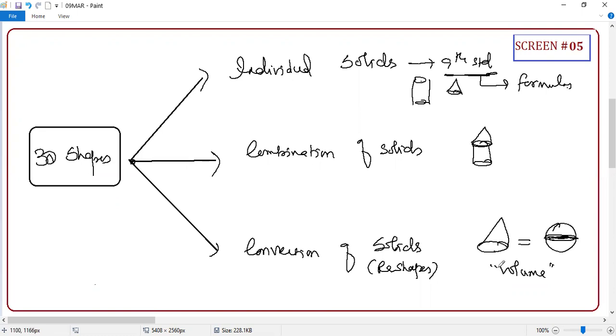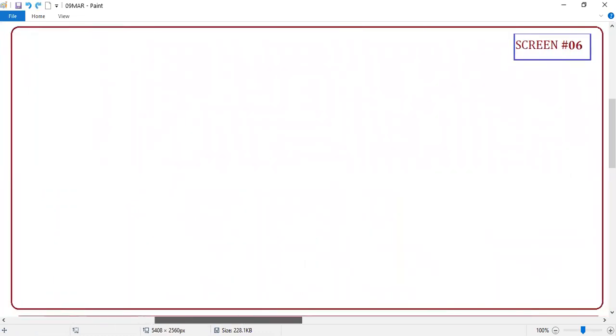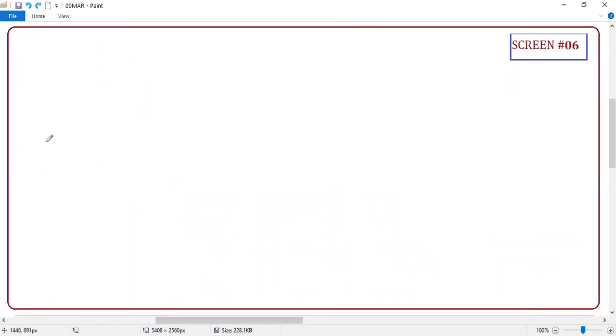That's all, student. You understand the logic. So if you ask me, guys, we have done everything. You already know the formulas and this concept. We are ready to go directly to the problems. But before that, I'll give you some introduction about the parameters you are going to measure. Tell me, student, what are the parameters you are going to measure?